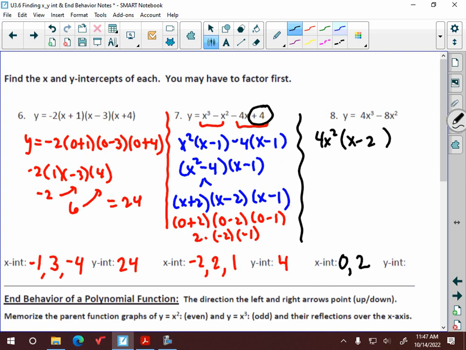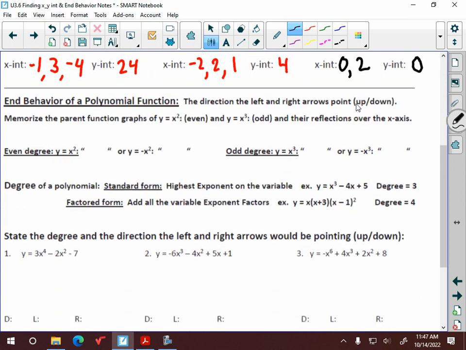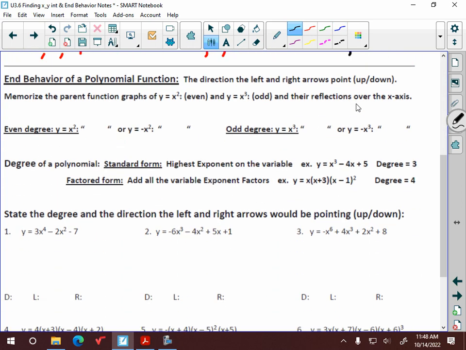The y-intercept, we can replace all the x's with 0. And you can either put it into the standard form or into the factored form. Regardless, you'll get the exact same answer on this. It should be 0. All right, so that's how you find the x and y intercepts, and now we're moving on to end